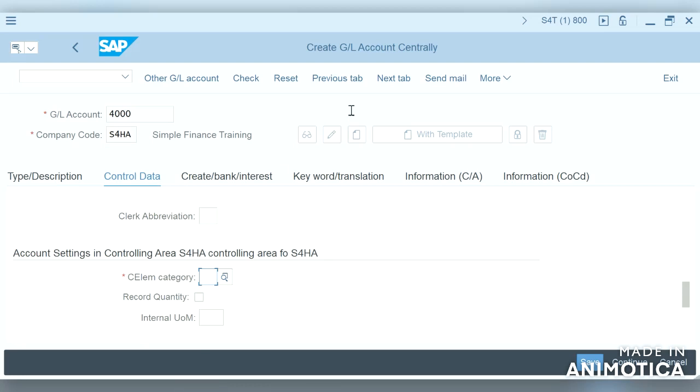As we remember in ECC, there was an icon called edit cost element. While creating the expense GL account or profit and loss GL account, we would click on edit cost element, and if we were creating it manually in the background, we would select the cost element category, whether it is a revenue or an expense.